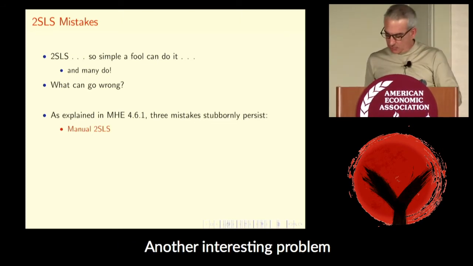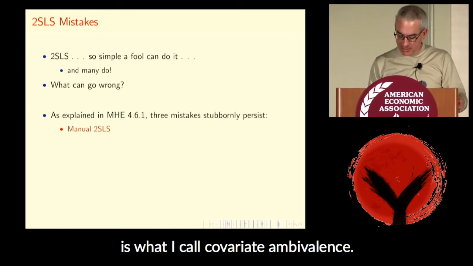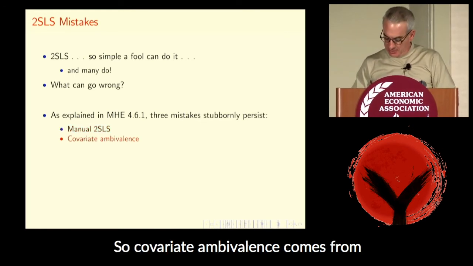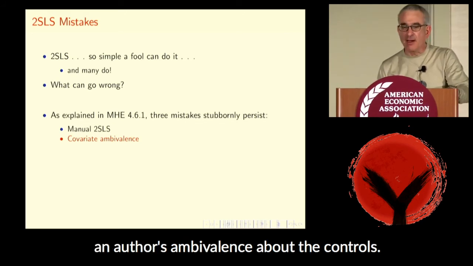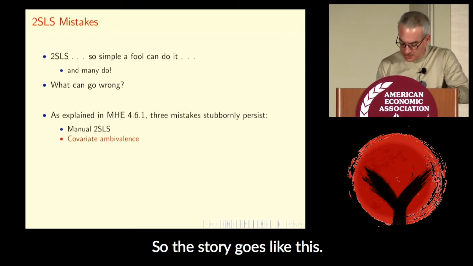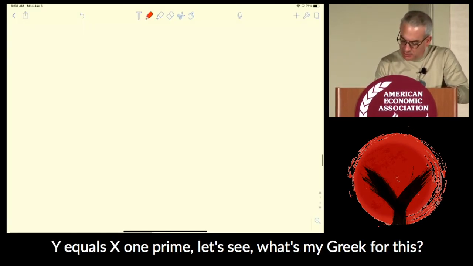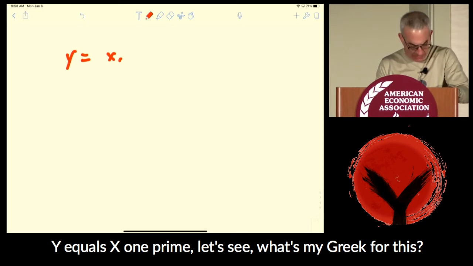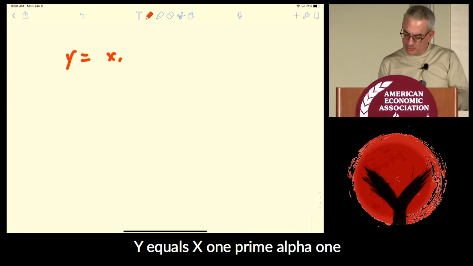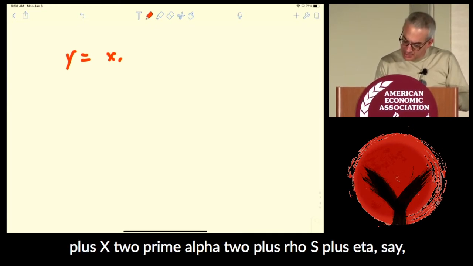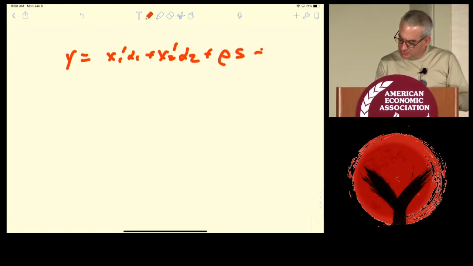Another interesting problem is what I call covariate ambivalence. So covariate ambivalence comes from an author's ambivalence about the controls. So the story goes like this. Covariate ambivalence goes like this. Y equals x1 prime, let's see, what's my Greek for this? Y equals x1 prime alpha 1 plus x2 prime alpha 2 plus rho s plus eta, say,